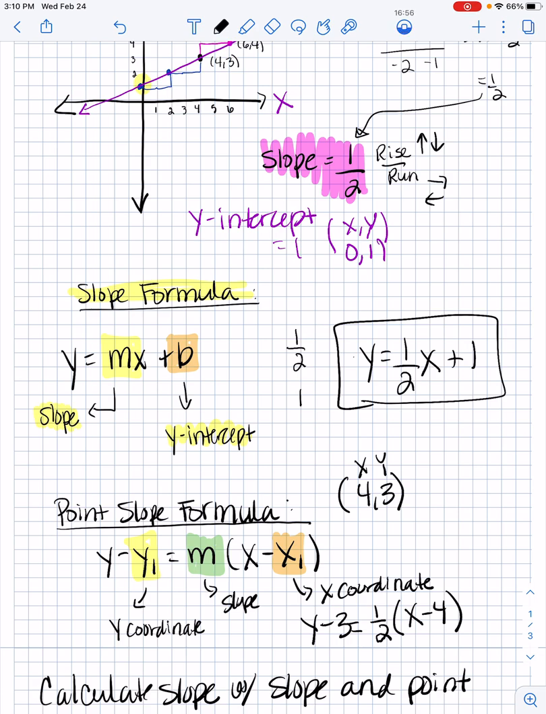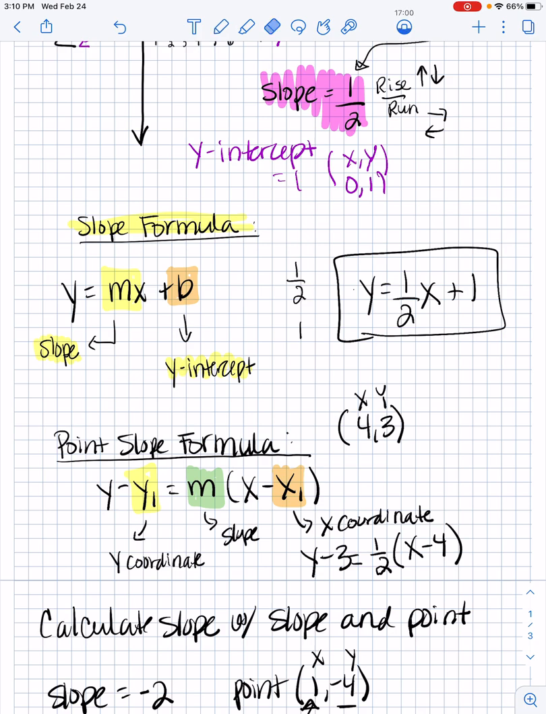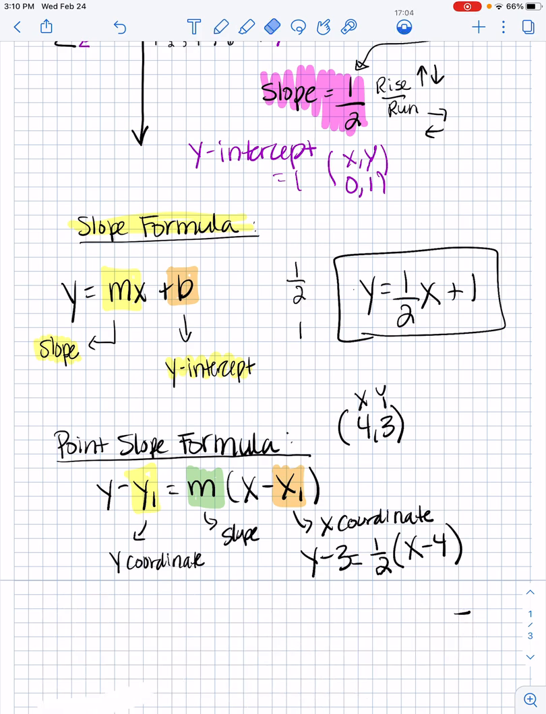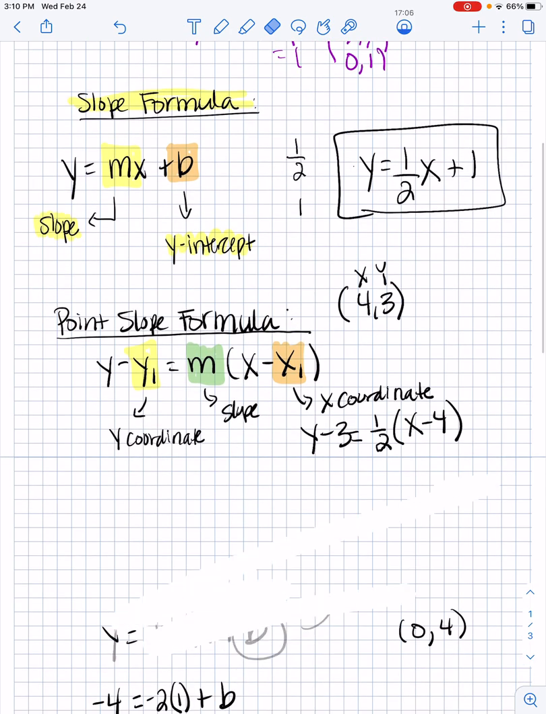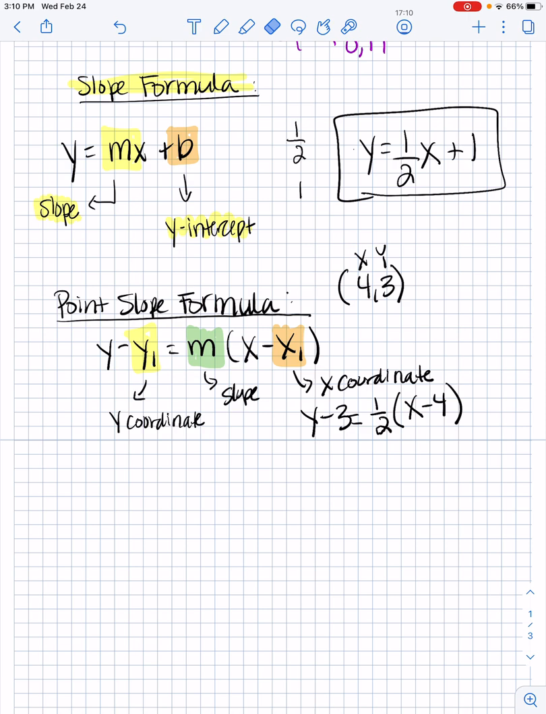So that was the second item that was shown in the video. The next thing that I noticed is that they started to give you, I'm going to erase all this real quick, they started to give you